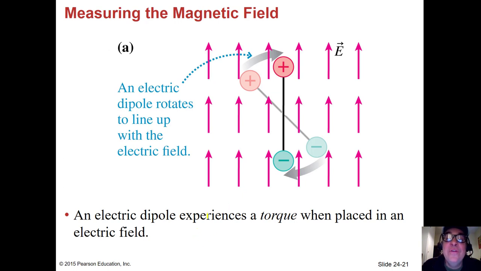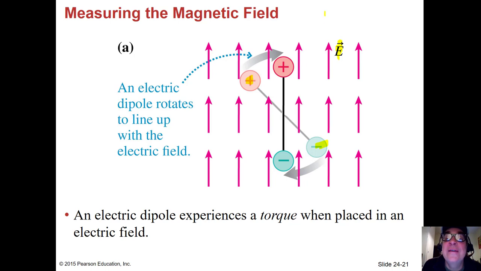Now, if you put a dipole in an external field, that's what we're seeing here. Here's a positive charge, here's a negative charge. Oh, sorry, these are electric dipoles. See, they're almost the same thing. Here's an electric dipole, positive and negative, and you put this into an external electric field. This dipole will tend to line up with